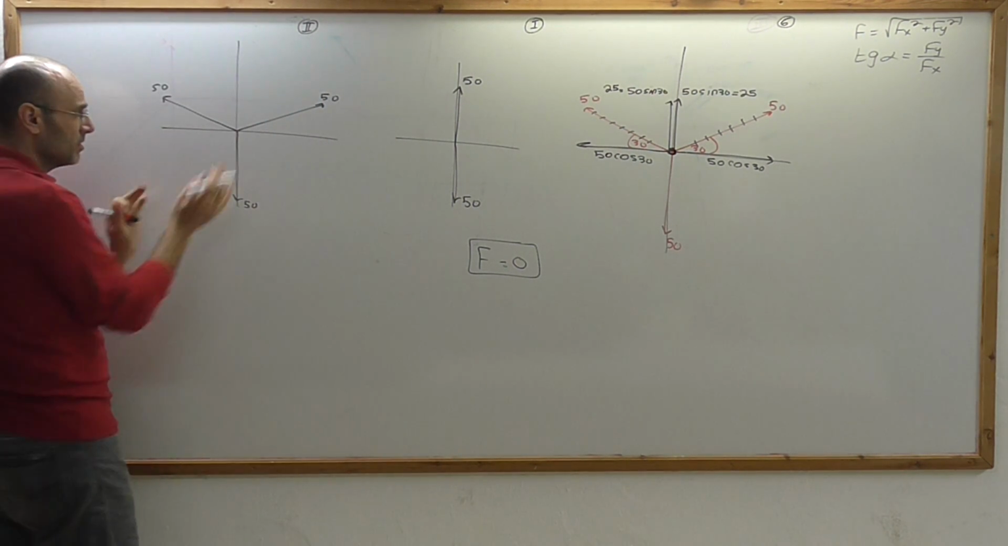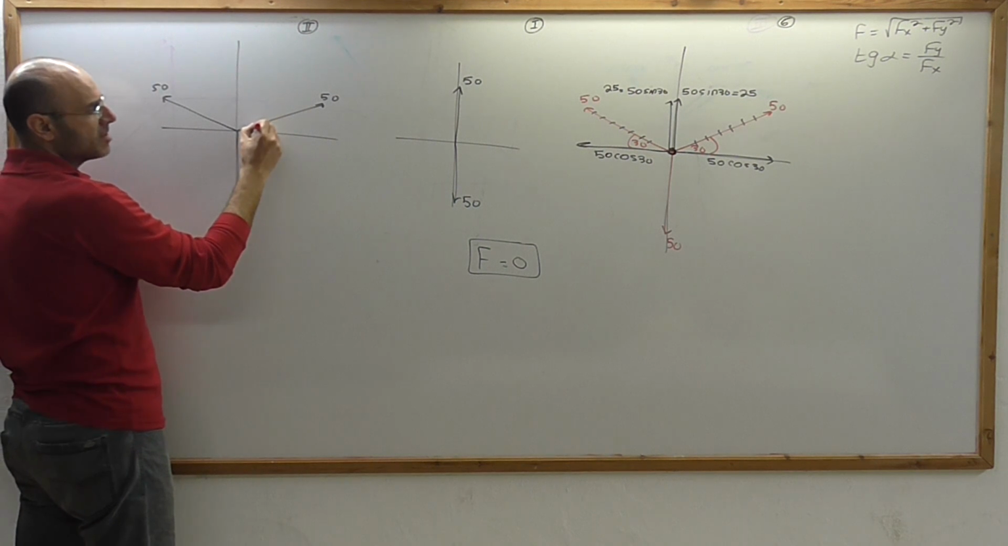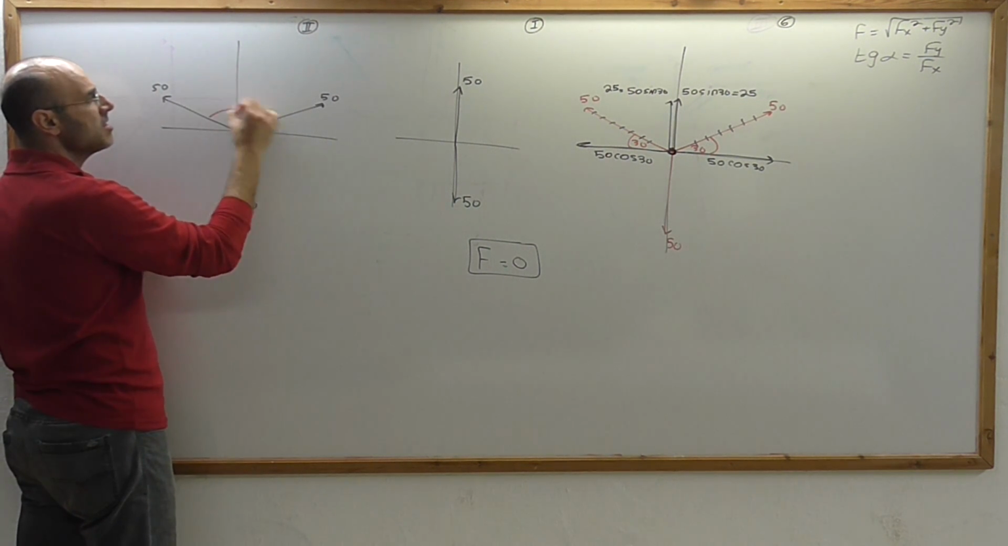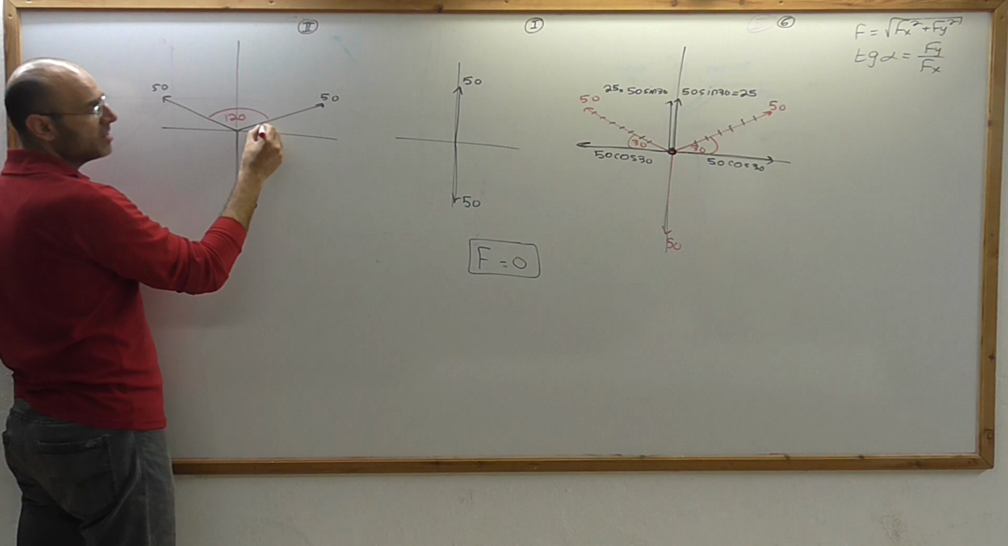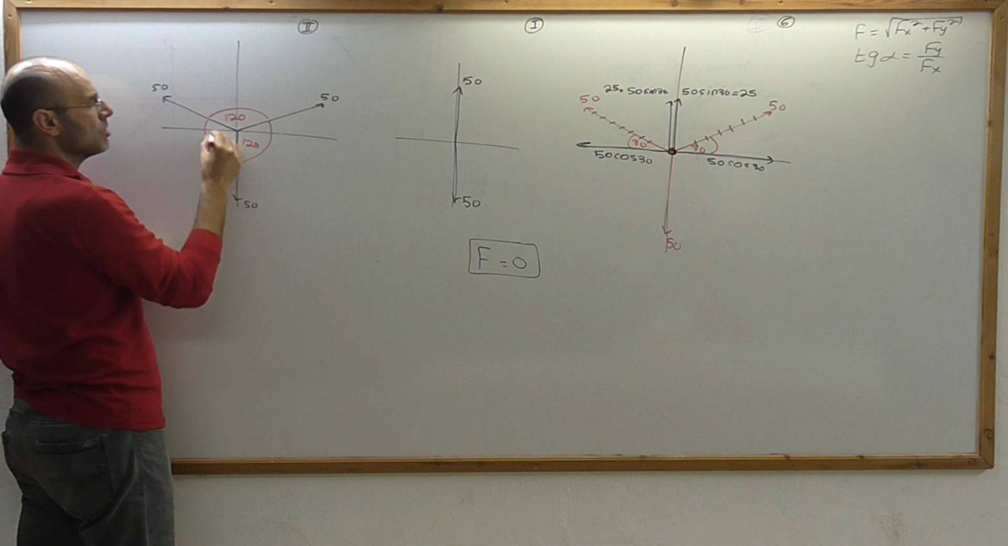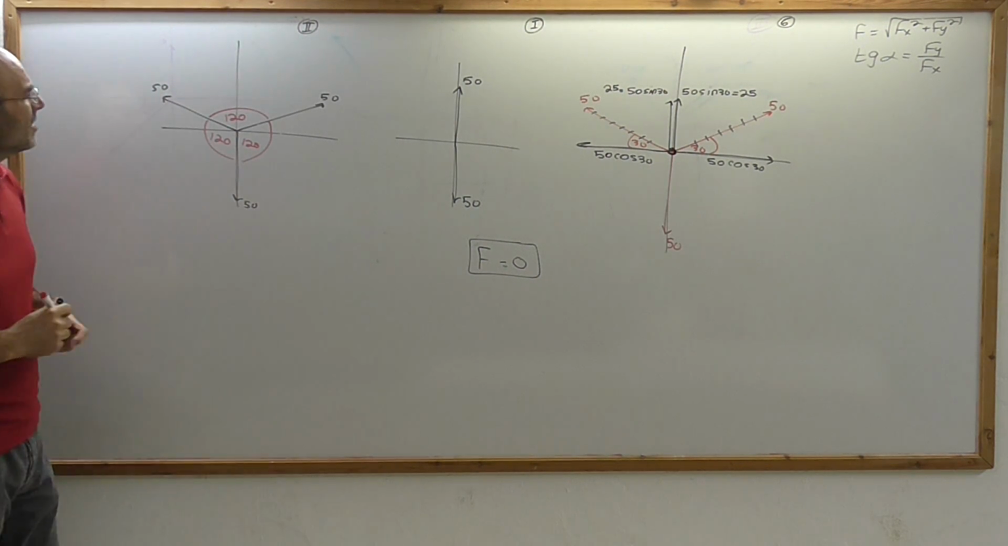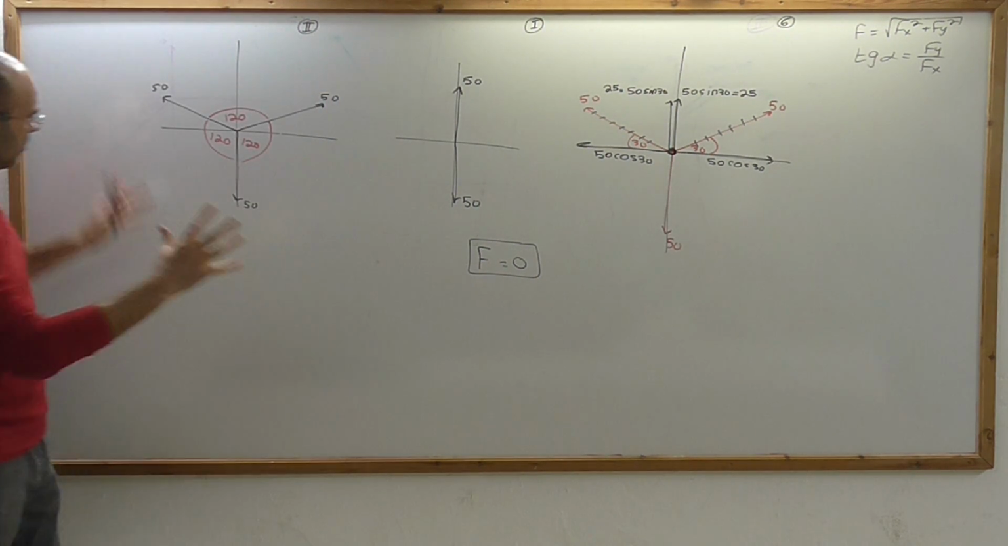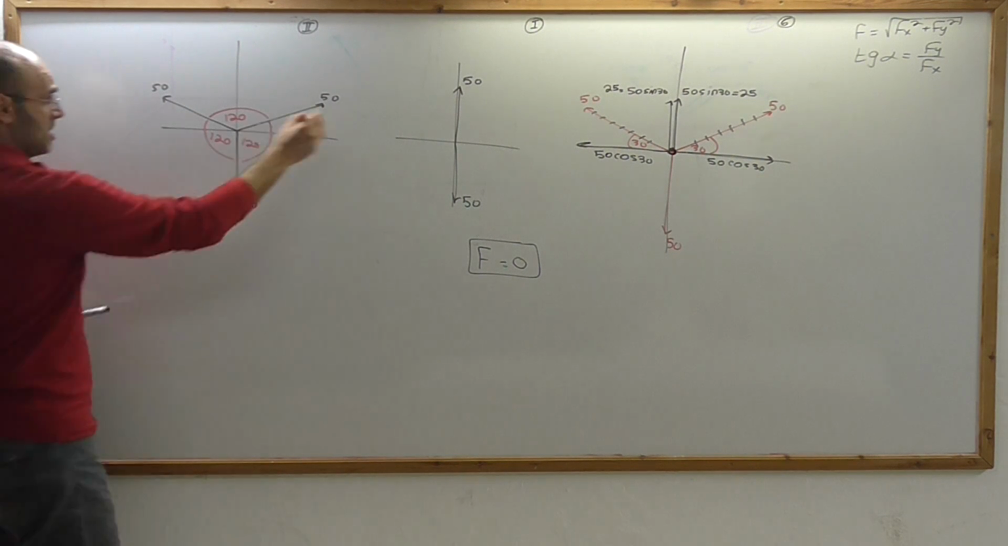Look at the symmetrical overview of this drawing. If this is 30, this is 60, this is 60, this is 120. If this is 30, this is 90, this is also 120. And again, this is also 120. So, if we look at it from here, we can